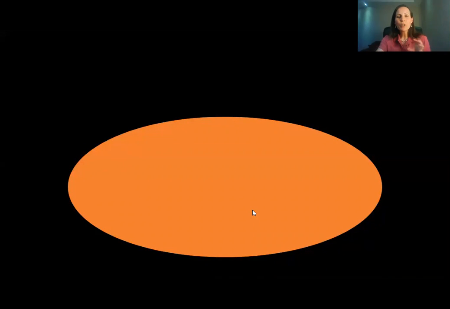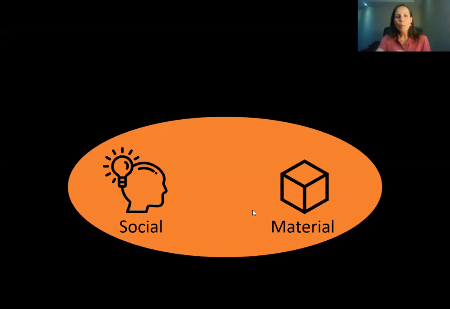And there are social factors. So those are things like our intentions, our thoughts, our meanings that we give to things, and also our relationships. And then material factors, such as objects, people, technology.